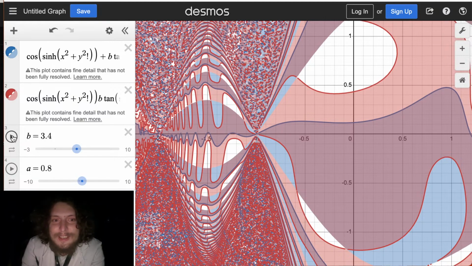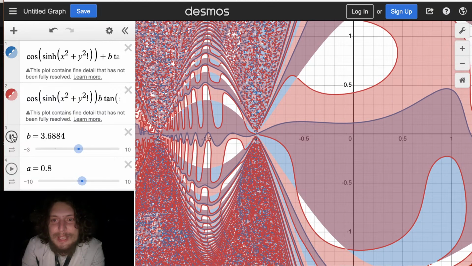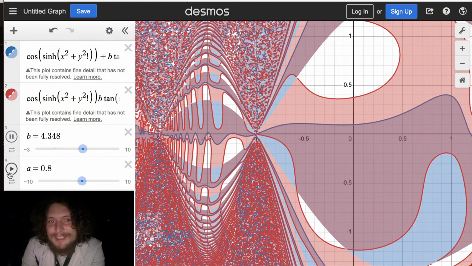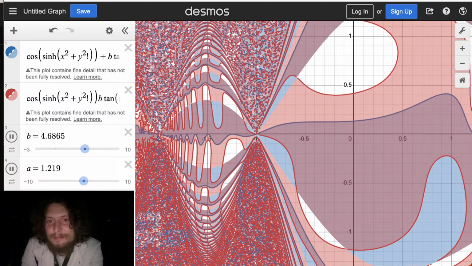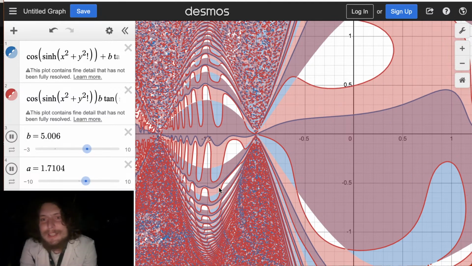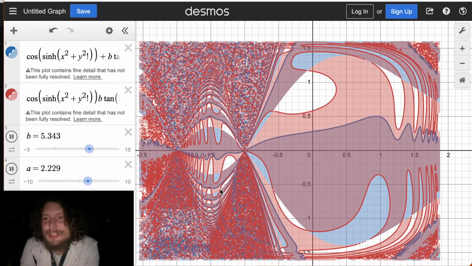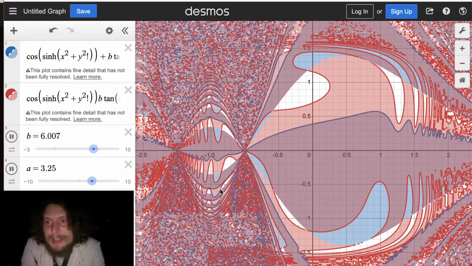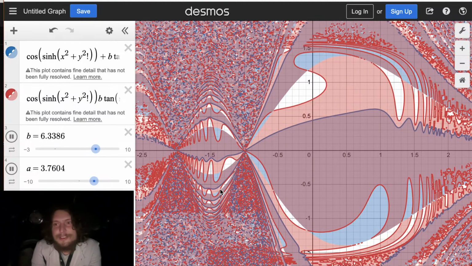Now, let's see if this is going to work. First, we're changing B in our animator. Now, we're going to see if I can change A as well. So, they're going in a somewhat glitchy fashion, but we can see the shapes changing. So, it's working to a good enough degree. And let's see what these mutate into.